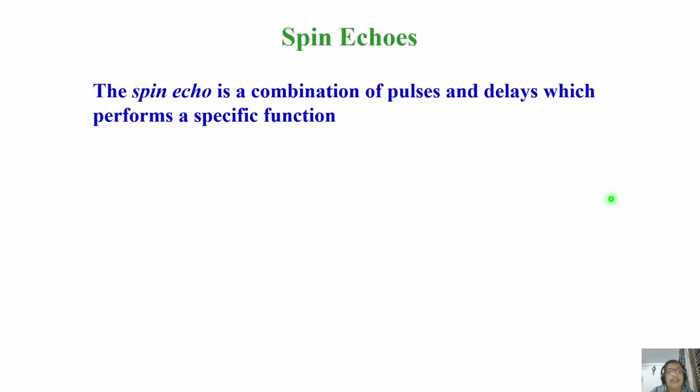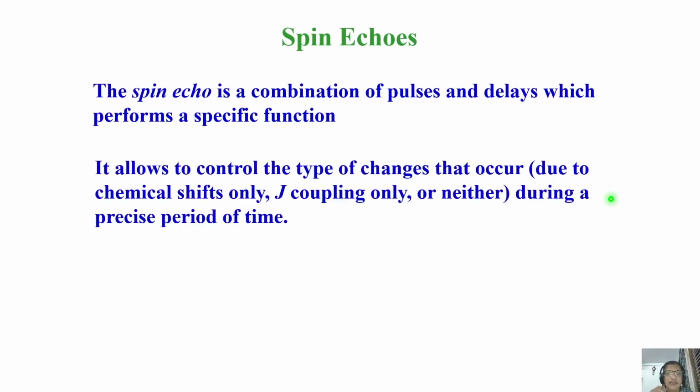The first thing we need to understand, the basic requirement, is the spin echo technique. This is one of the important modules in NMR. What are spin echoes? If you understand spin echoes, a lot more about polarization transfer and spectral editing techniques can be understood. The spin echo is a small pulse sequence module which can be incorporated in many experiments, and it does a specific job. It is a combination of pulses with some delays.